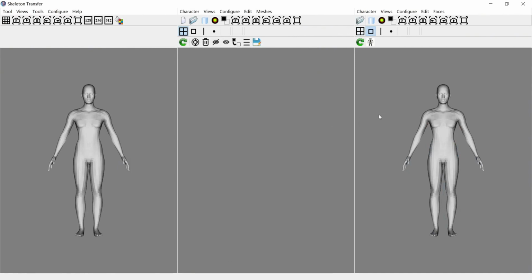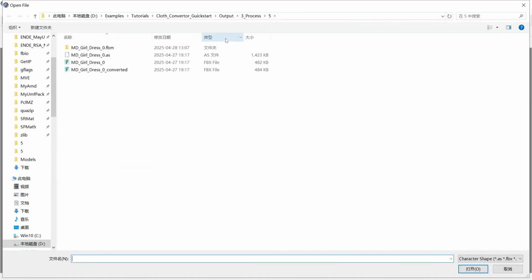The first step here is we need to change the shape of this character to another one we want. Suppose we want to change the shape to the body shape of an avatar used by Marvelous Designer. To do this, click this button. Then go back to the cloth